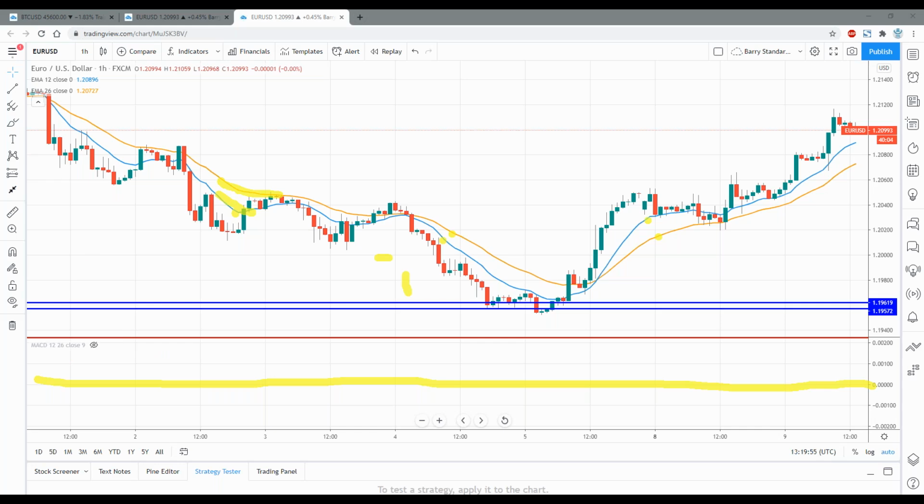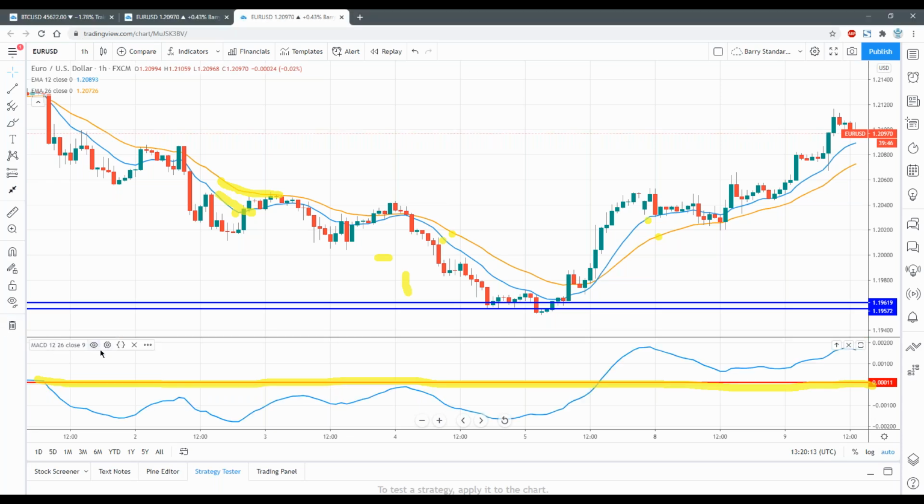and then what it does, it calculates the difference between the two moving averages. Simple. Take the 12 period, subtract the 26 period, whatever that number is, you plot below. And this is called the MACD line. So that line that you see on the bottom of our chart is the MACD line, and that is simply the difference between the blue and the gold.